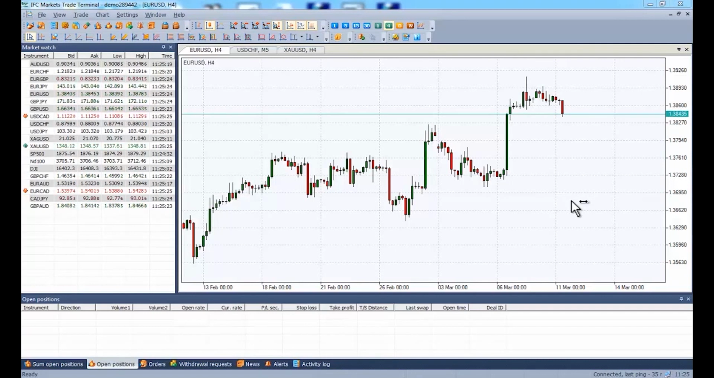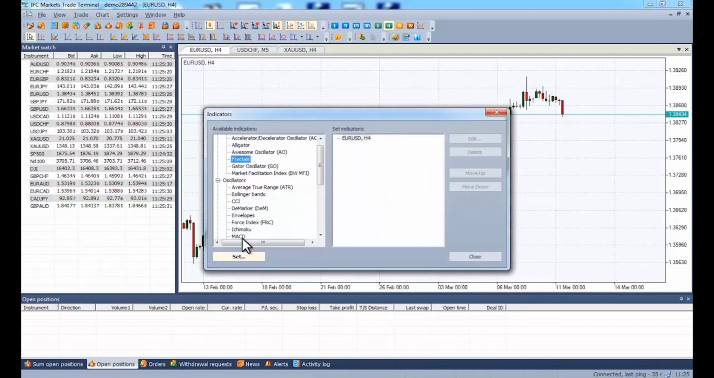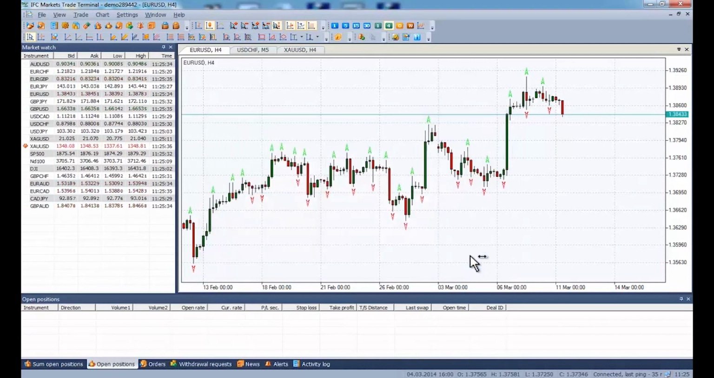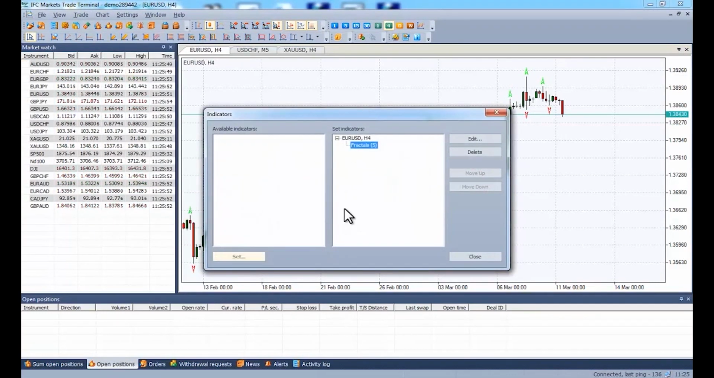Next we have Fractals. Let's access our menu, select Fractals, Set, OK, and there they are. Fractals is an indicator highlighting the chart's local highs and lows where the price movement has stopped and reversed. These reversal points are respectively called highs and lows. If we decide to remove them, all we have to do is go back to our indicator list, select Fractals,